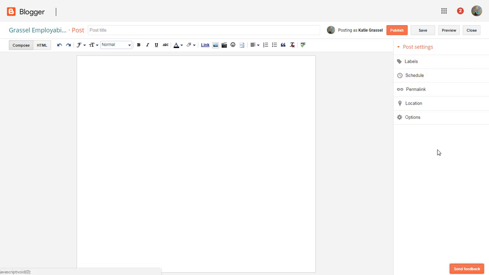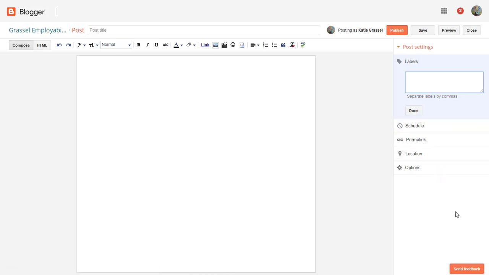On the right-hand side, this is where you put in your labels. Labels are important on a blog post because they tell people what you're talking about. So right now, I'm just going to type in welcome. That is going to be one of them that would be on there. Then I would type in Seymour Community High School, and then I would do a comma,